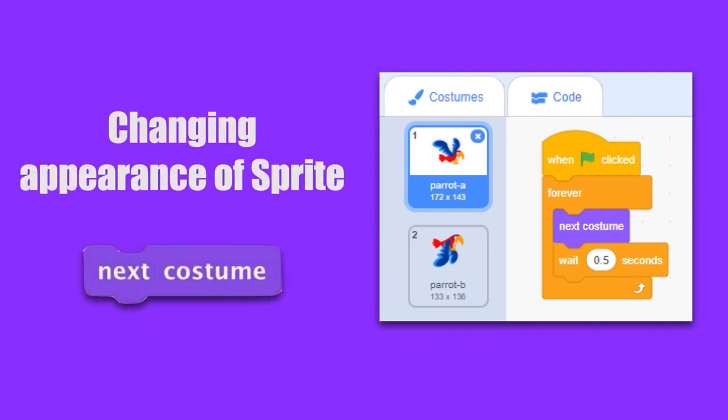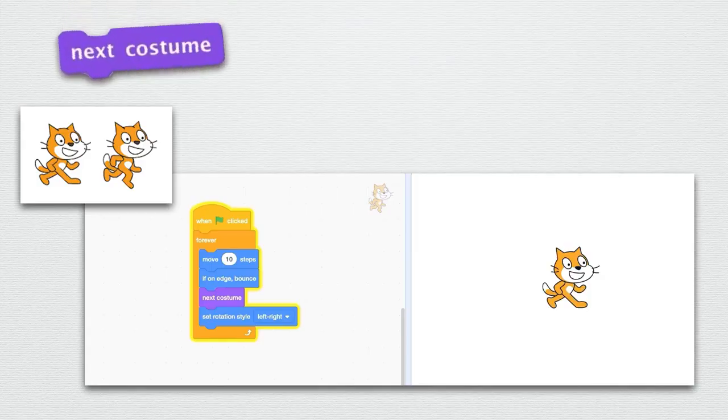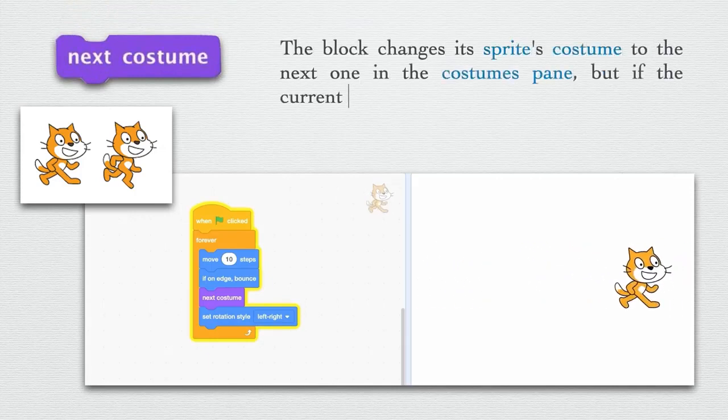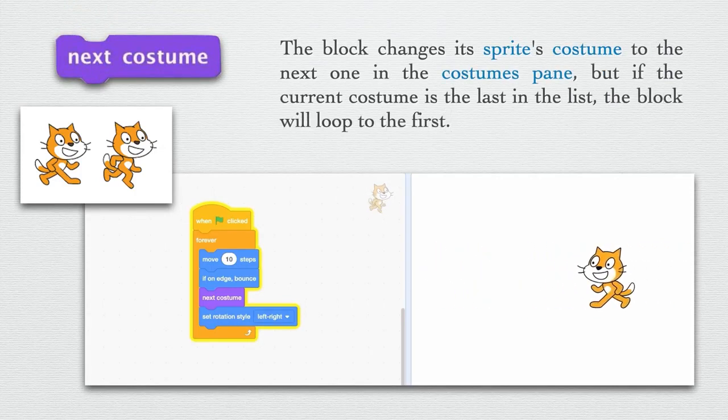First topic that we learned in this chapter is changing appearance of sprite. We made a project Fly a Butterfly, in which we added some costumes and then we used next costume block from looks block menu to change the costume of a sprite. So to change appearance of a sprite, first we need to add different costumes of a sprite by clicking on costume pane, and then we need to add next costume block from looks block menu to change those costumes so that the appearance of sprite will change.